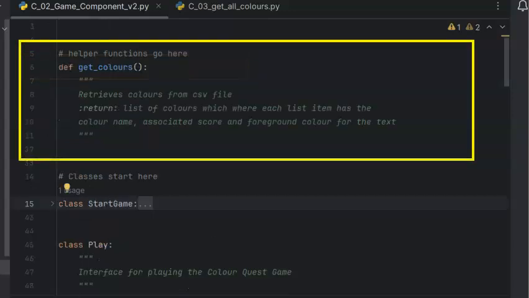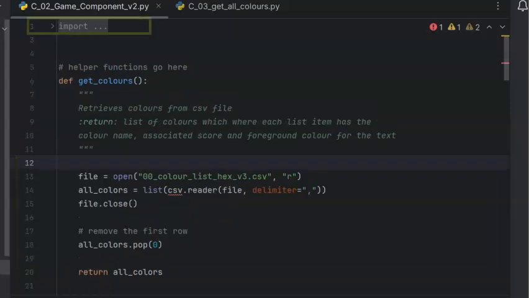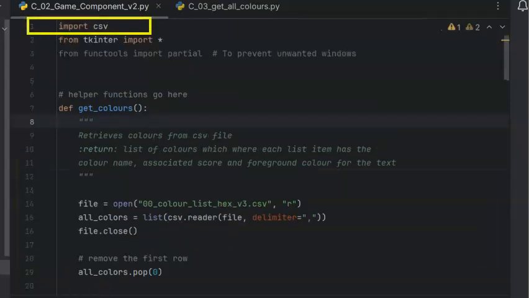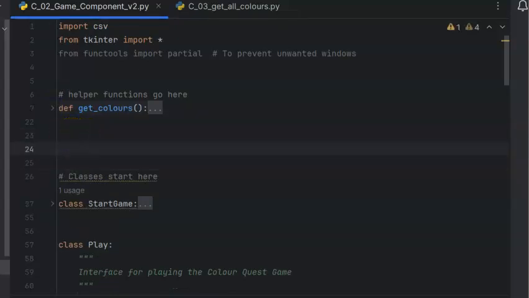create your getColors function with a triple quoted docstring, and put in the code that retrieves the colors from the CSV file. CSV is underlined in red because we need to import it at the top, and I'd put that above the tkinter import. Once we've got the colors, we also want to get our round colors and return the